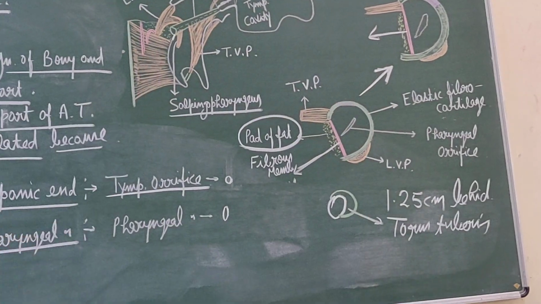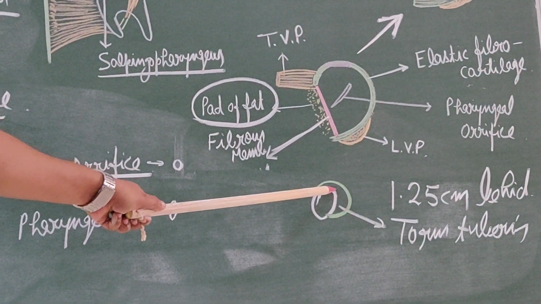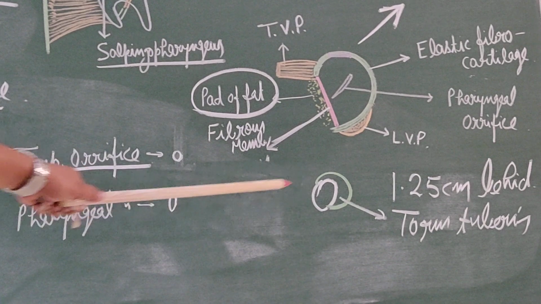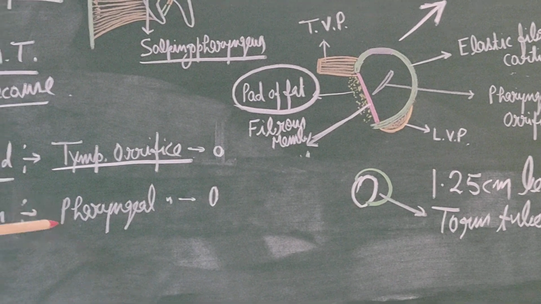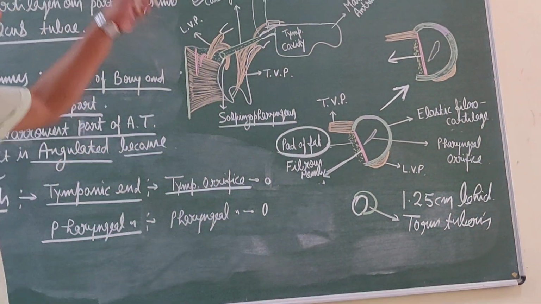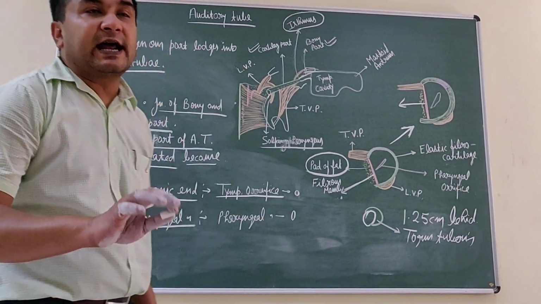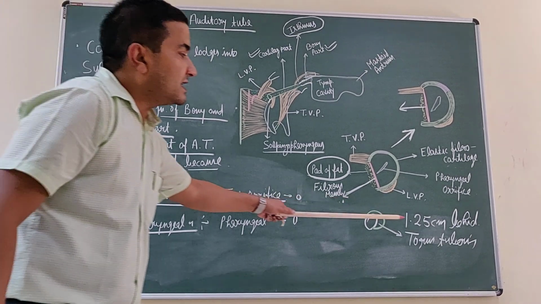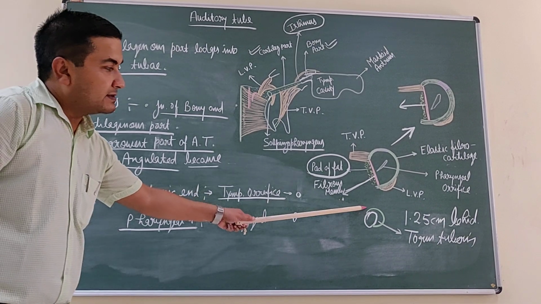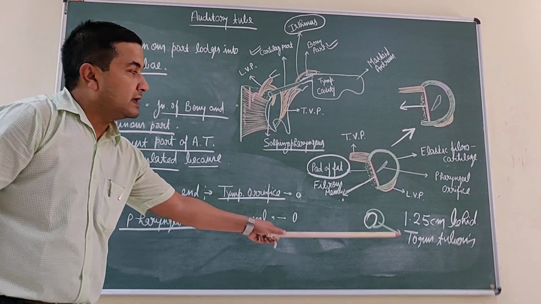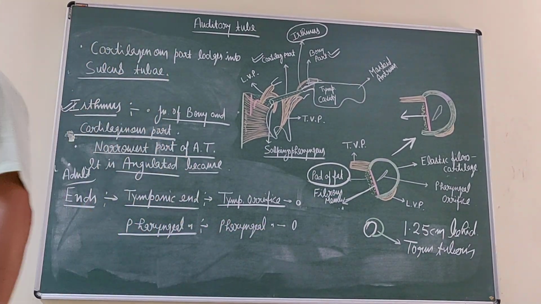We have learned in the nasopharynx, and here beneath the mucosa there is a collection of lymphoid tissue that forms the tubal tonsil. So this pharyngeal orifice opening is present on the lateral wall of the nasopharynx, about half inch behind and slightly below the posterior end of the inferior nasal concha, and there is a bulging that is bounded posteriorly, and this bulging is due to this cartilage that is known as the torus tubarius.